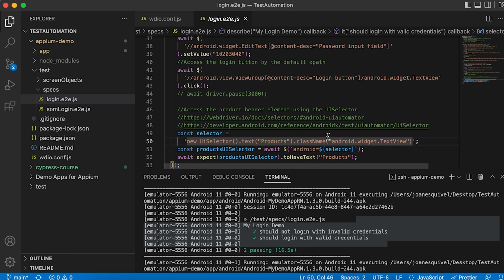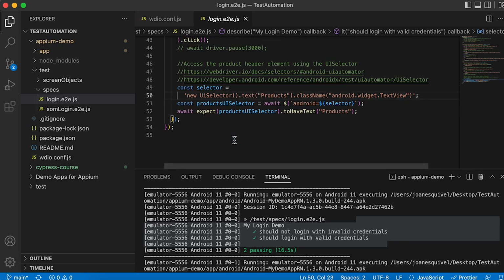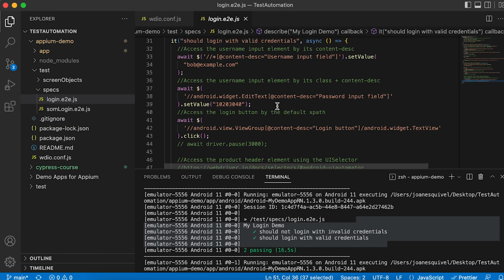But this is not the only solution or the only way to find an element using UI selector. Here in the comments, you're gonna find a lot more context and different methods that you can use to find elements using the UI selector as well. Okay, just wanted to say that to you, because it is important that you have more options and you understand what is happening. Okay, and then I'm just checking that if I log in correctly with the user and the correct